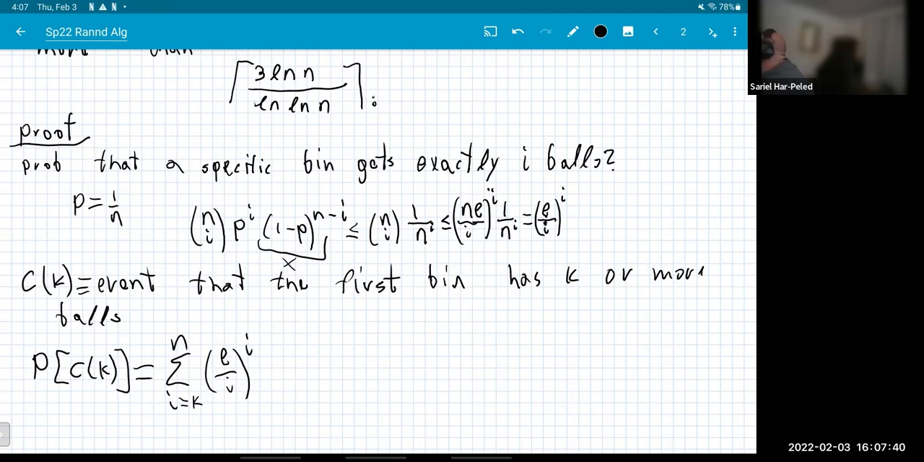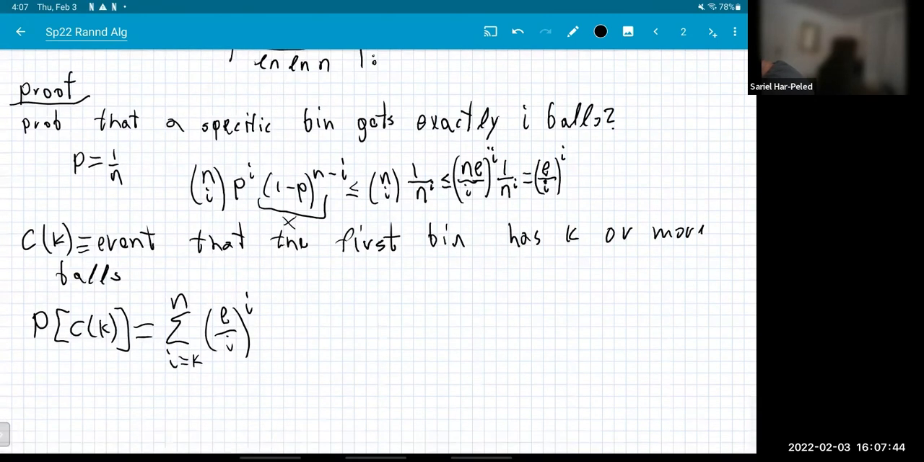Okay, and if you think about it a second, think about K as being large. K is definitely larger than E. In fact, let's take K to be larger than 2E, right? Just to clarify the